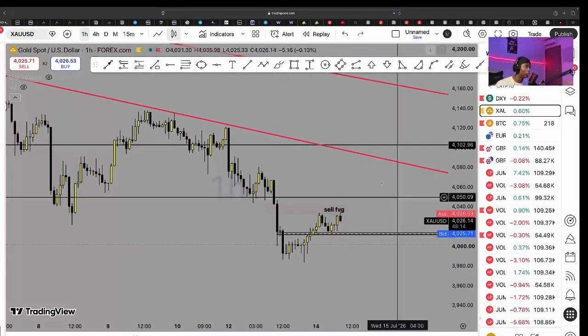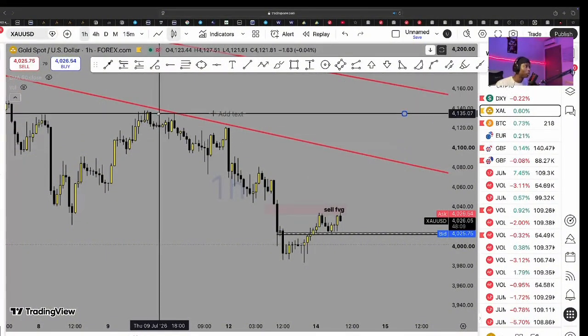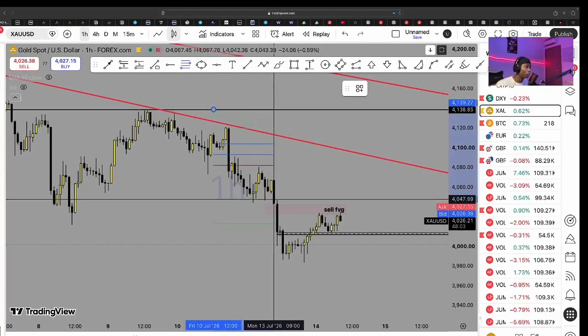This is the 1 hour time frame. This was our last high on the 1 hour, the highest point on the 1 hour. So if we come in with our Fibonacci tools, you can see